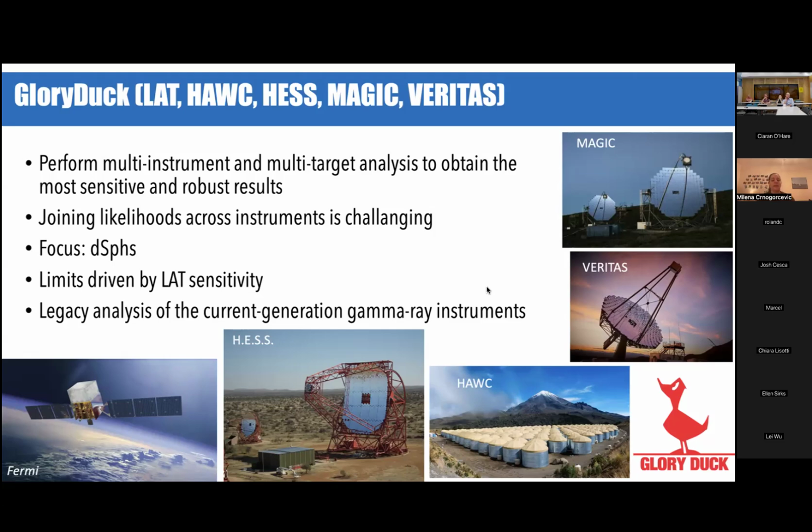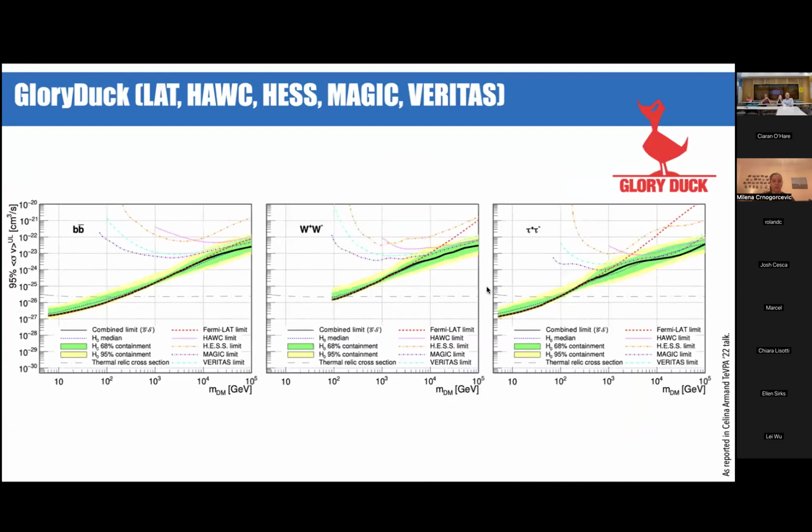And as expected, the limits were driven by LAT sensitivity in most of the mass range for the WIMP dark matter. However, what is really exciting about this project, which is soon to be published, and the code is going to be publicly available, is that it is a legacy analysis of the current generation gamma ray instruments, and it's a beautiful setup for the future gamma ray observatories, including CTA. So here I show you the Glory Duck